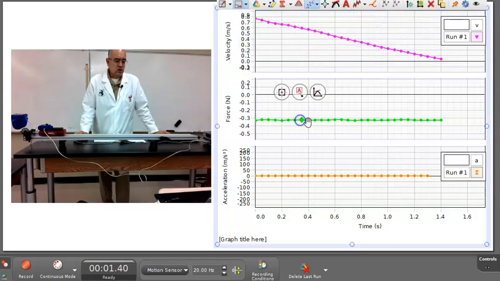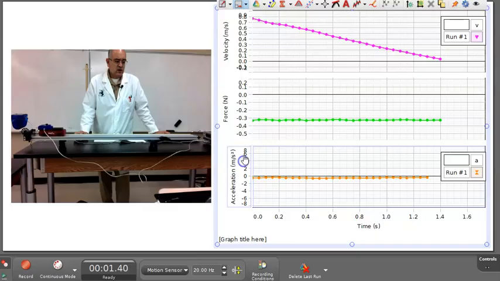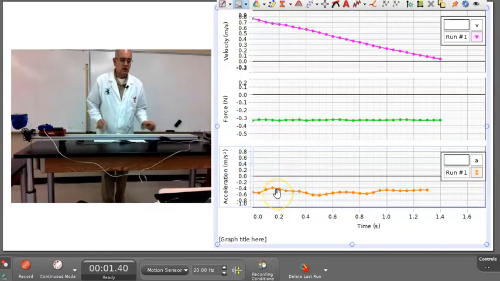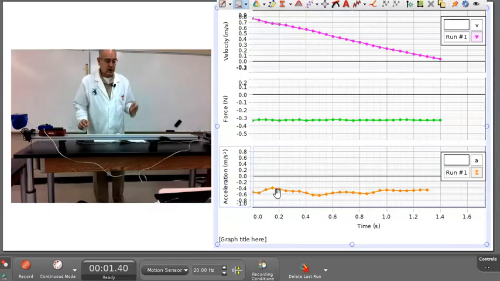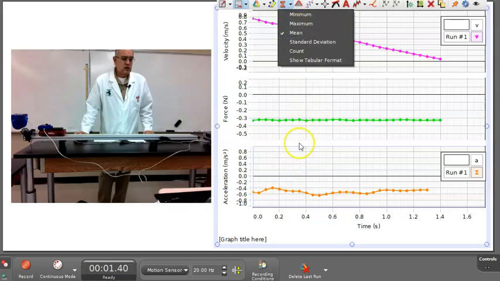The force, we can read right away, the force is negative and constant. And what about the acceleration? Well, when I zoom in, we see that the acceleration is negative and constant as well. In fact, we could actually do a calculation here by using the mean. And the mean says that the acceleration is,